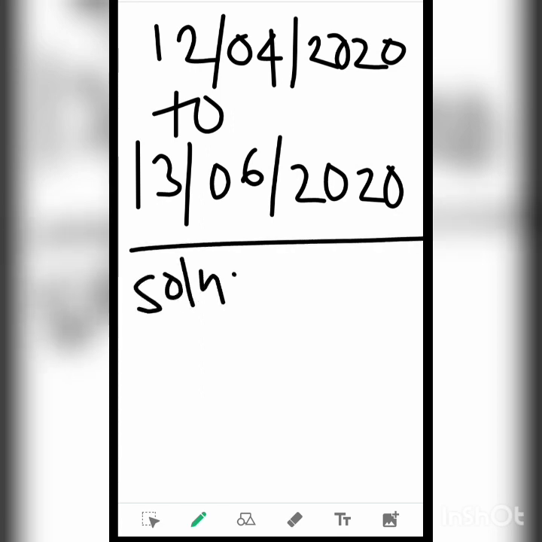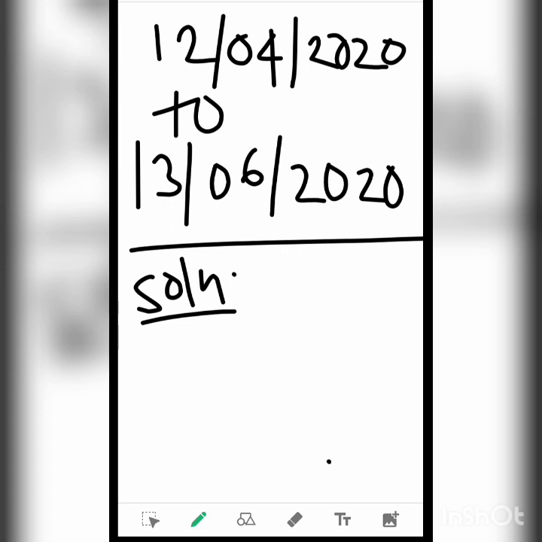Write your solution like this. First of all, you have to make two columns. Since the date has already crossed February month, you don't need to divide it. Had it been earlier than February or included February, you would have to do the calculation for finding whether it is a leap year or not. Here, since we are beginning from 12/4/2020 and have crossed February, you may not do that calculation.